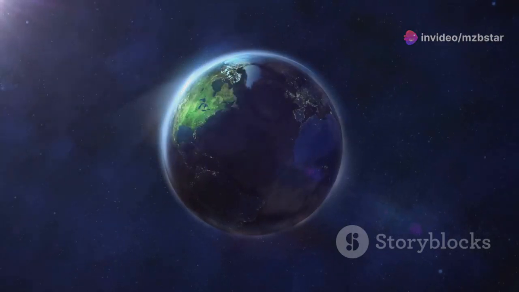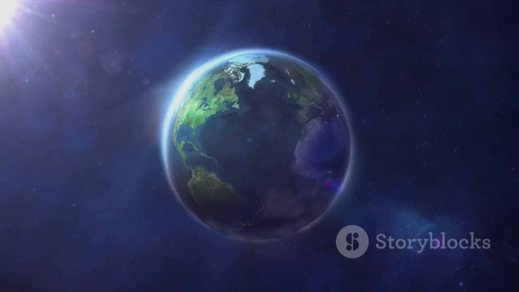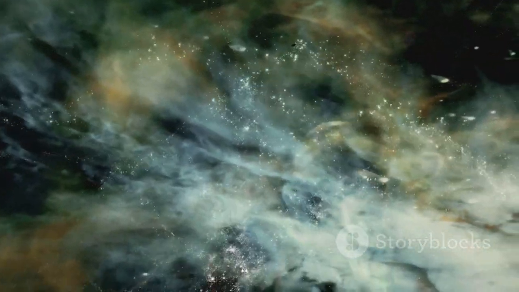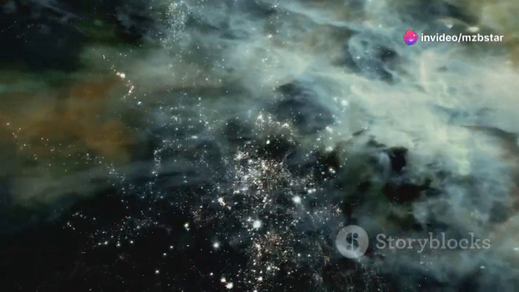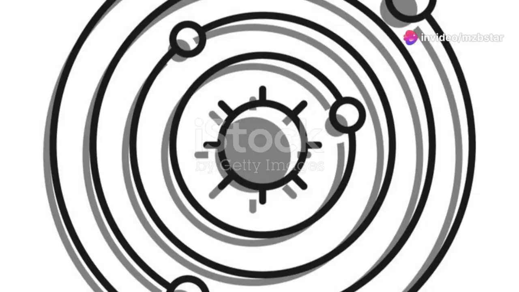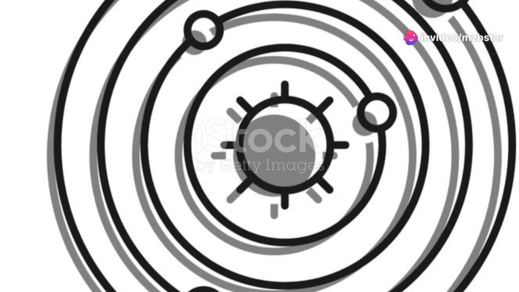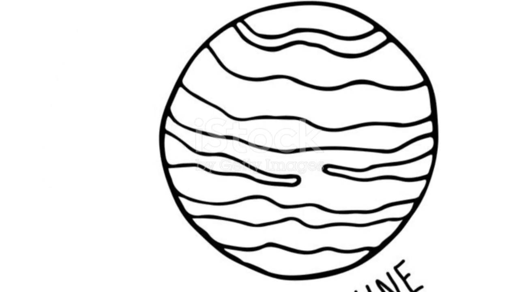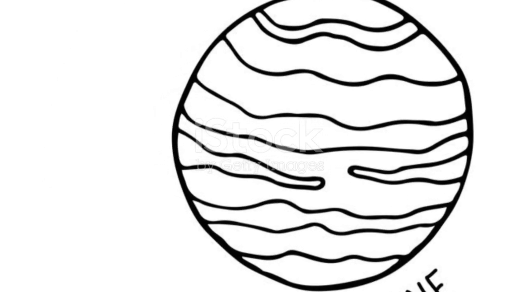But the sun's birth wasn't the end of the story. It was just the beginning. Leftover gas and dust still swirled around our newborn star, creating a chaotic but beautiful scene. This remaining material would eventually coalesce to form the planets, moons, and asteroids that make up our solar system, each with its own unique story and characteristics.